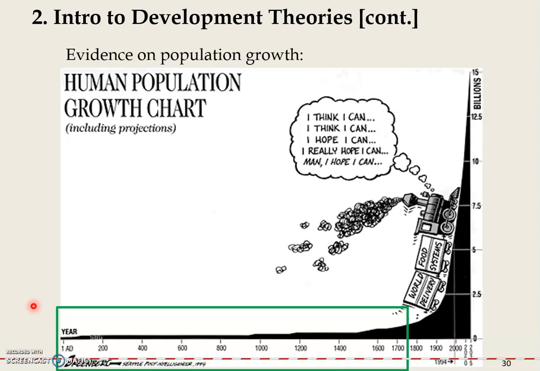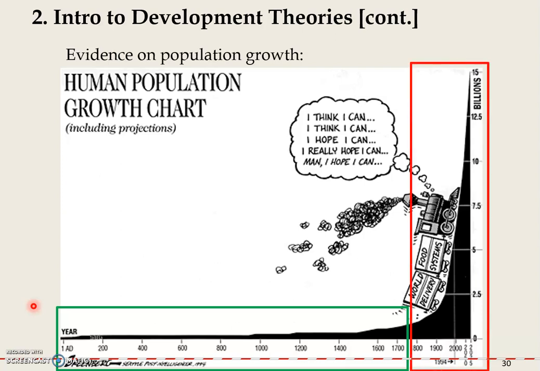Actually, in the early 19th century, the world population hit 1 billion for the first time. In other words, it took human society several thousand years, at least, after civilization, to have 1 billion people on this planet.